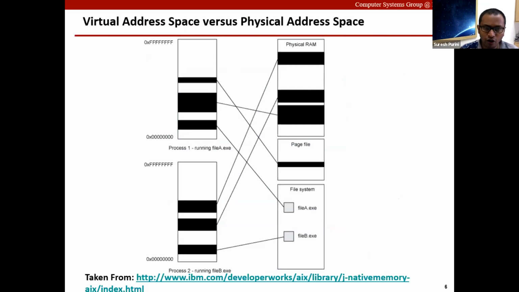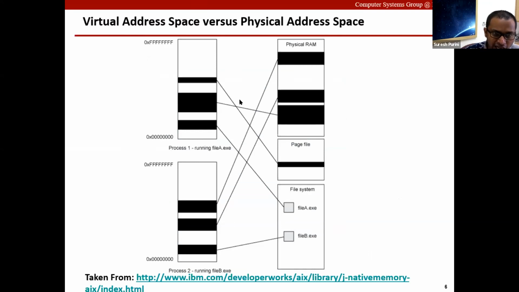And we call it a virtual address space as against physical address space. As you know, the actual physical RAM is a physical entity, but every process has a virtual address space, and this virtual address layout is created from the executable that is present on the hard disk.